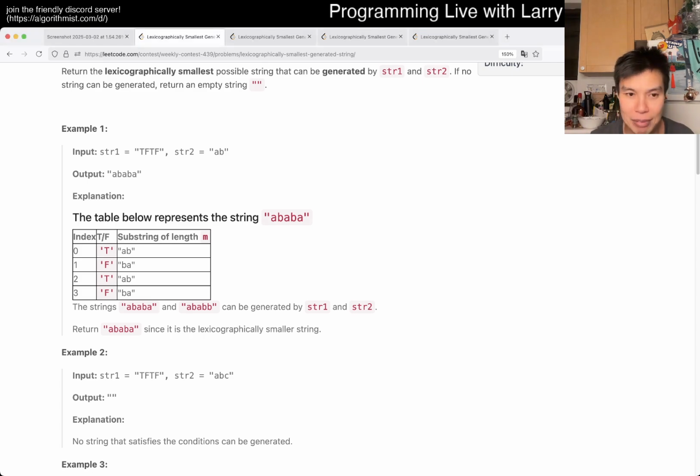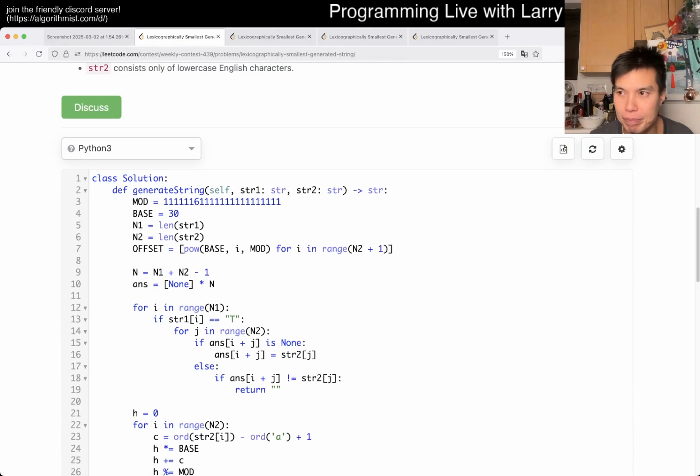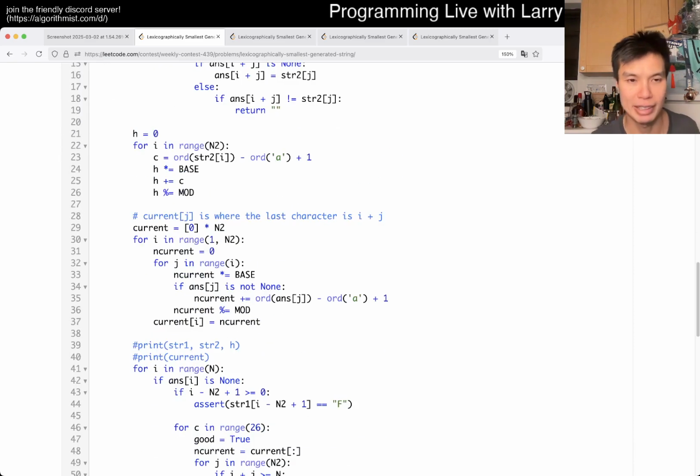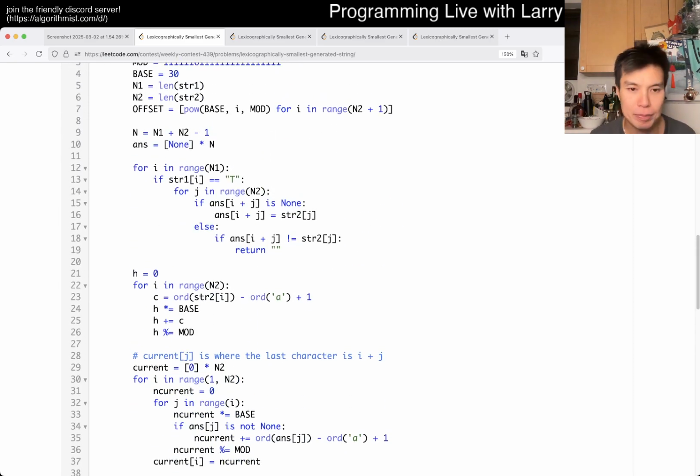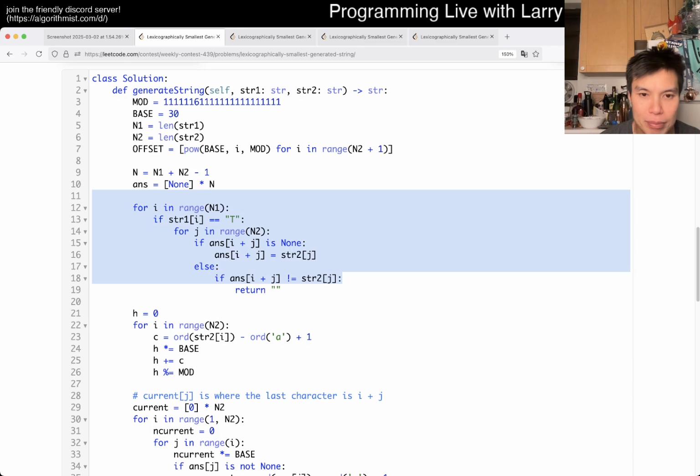Anyway, I did struggle with this problem, and it still took a long time, frankly. This is basically how I did it. I'm not going to spend too much time on this particular solution because it's just not the final answer. But basically, as I said, if we have a T, we have to force